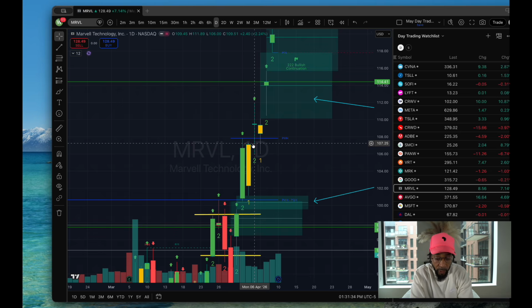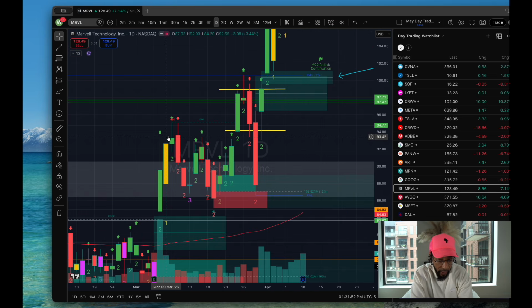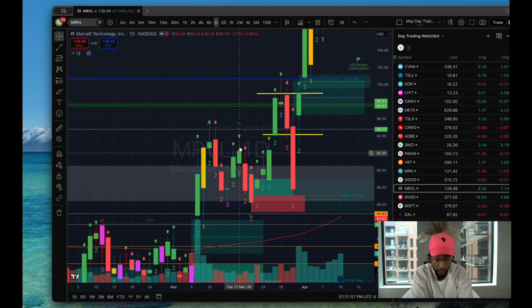Because it's an actionable signal, boom, because it already consolidated. So it's letting you know that, hey, once we get above here, you could take action, right? So look at this 1 candle, same thing, boom, boom, okay? That is an actionable signal, right? That's why I love 1 candles, bullish 1 candles and bearish 1 candles. Now, I also love failed 2 candles, failed 2 ups and failed 2 downs, right? Now, not every single failed 2 or 1 candle is going to work, but it has a very, very high